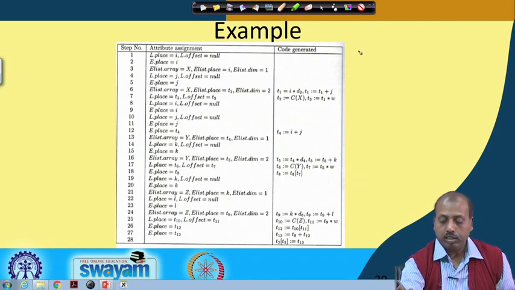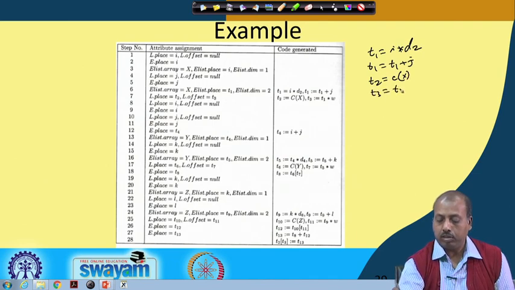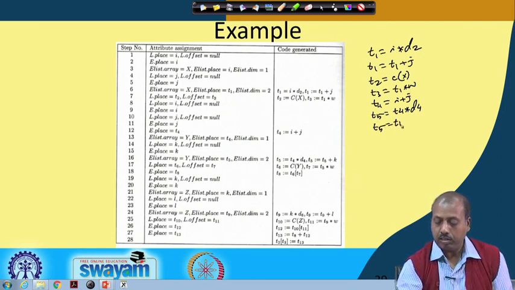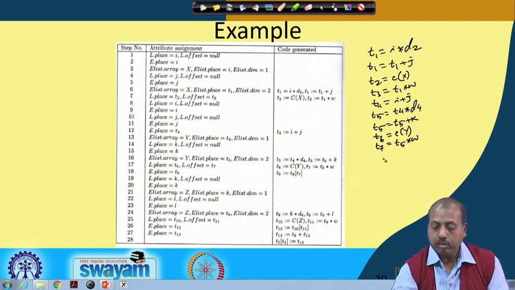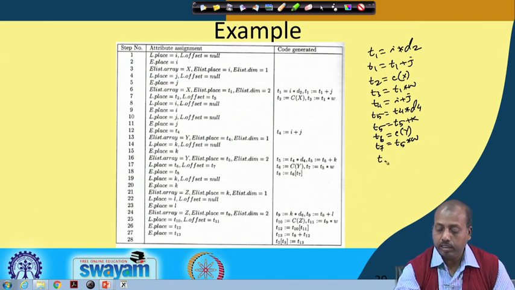So, we have got T1 equal to I into D2, T1 equal to T1 plus j, then T2 equal to constant part of x, T3 equal to T1 into W, then T4 equal to I plus j, T5 equal to T4 into D4, T5 equal to T5 plus k, then T6 equal to constant part of y, then T7 equal to T5 into W, then T8 equal to T6 T7.